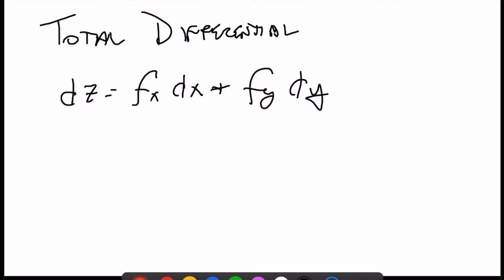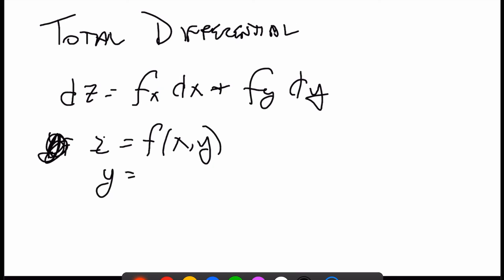Now, there's something interesting I can do with this, if x and y are not independent. So if we know that z is a function of x and y, but y is a function of x,